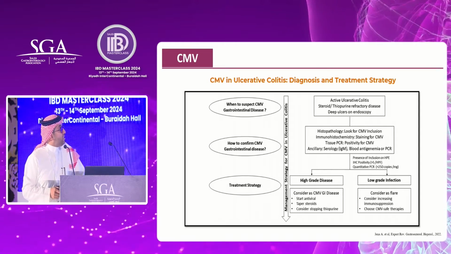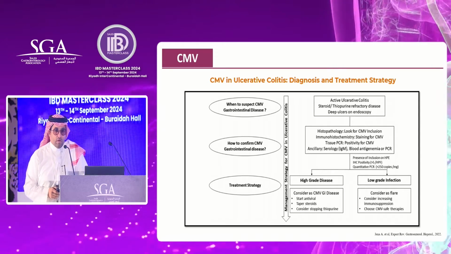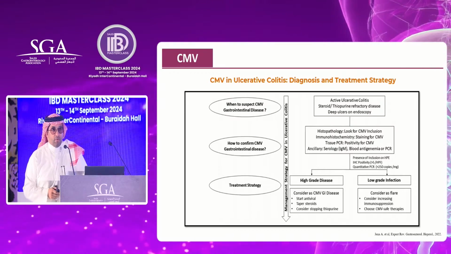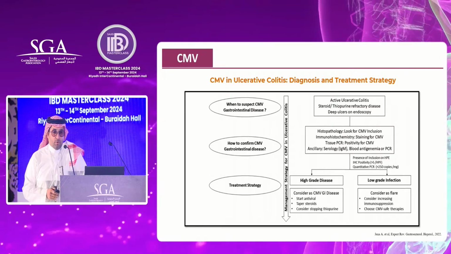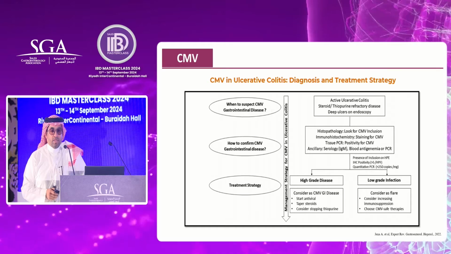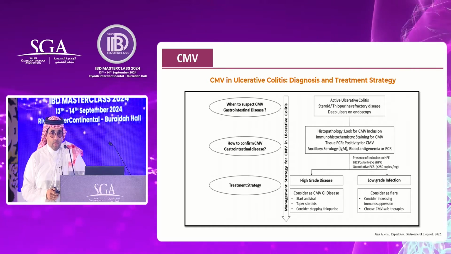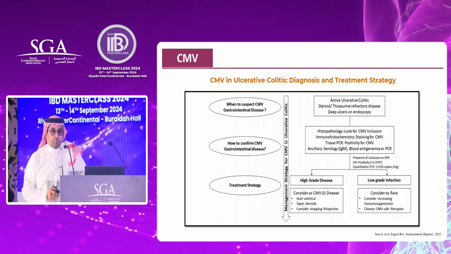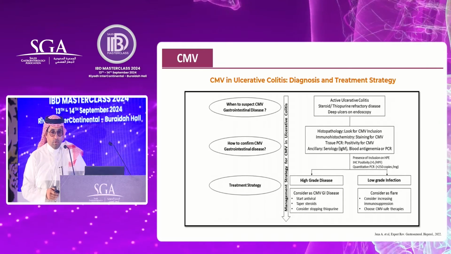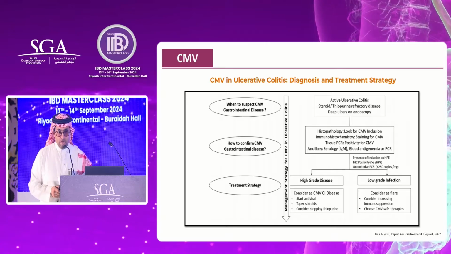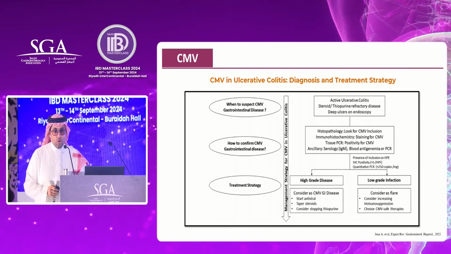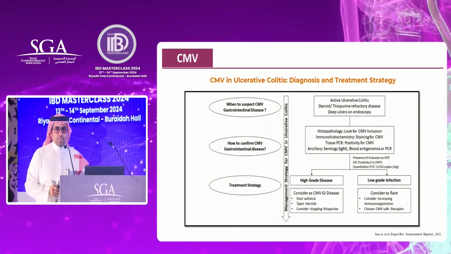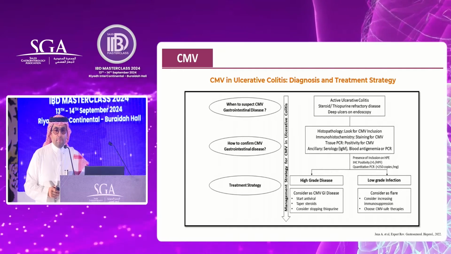When you suspect the diagnosis, if you have acute severe ulcerative colitis, a patient with steroid and thiopurine refractory disease, and deep ulceration in the endoscopy, you will send to confirm the diagnosis by histology, immunohistochemistry, or tissue PCR in the colon. So the treatment actually depends on the